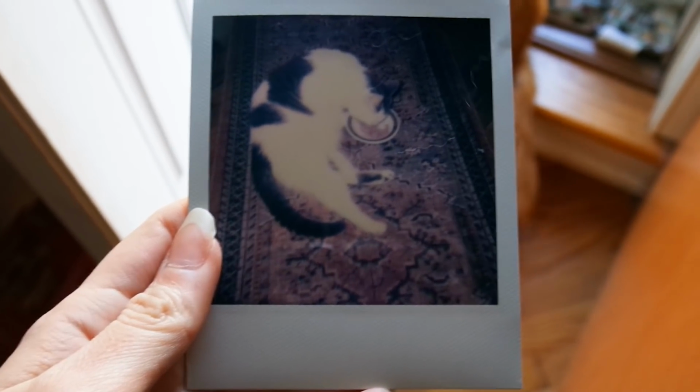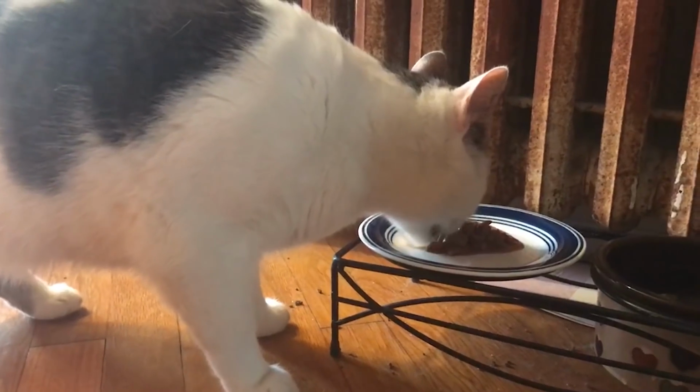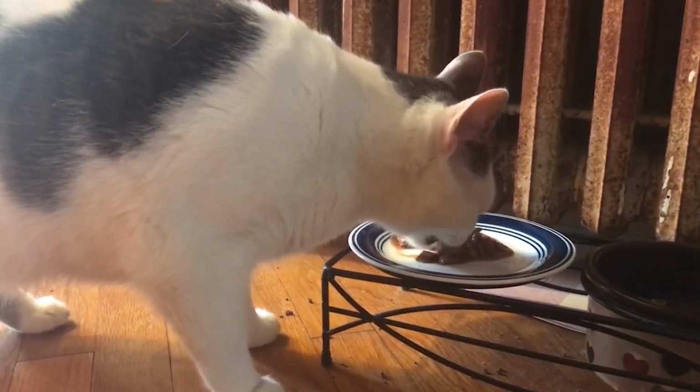And I know this sounds kind of wild, but my biggest cat, Ethan, I noticed that he was laying down to eat, and for a while I thought it was funny, and then I realized that the bowl was not at the appropriate height for him, so he would lay down to eat. So I did get a little bit of a bowl riser for Ethan,